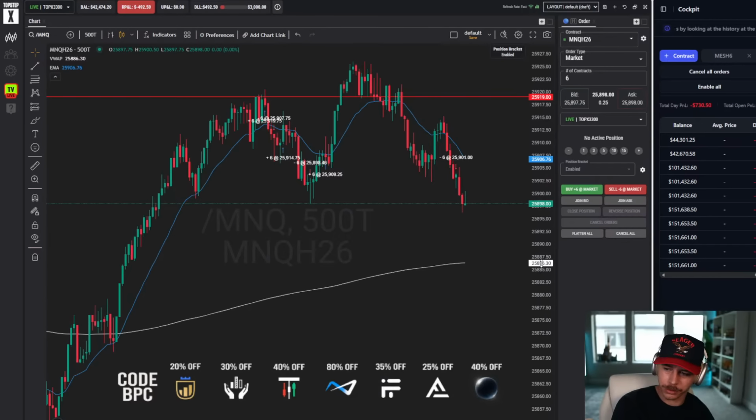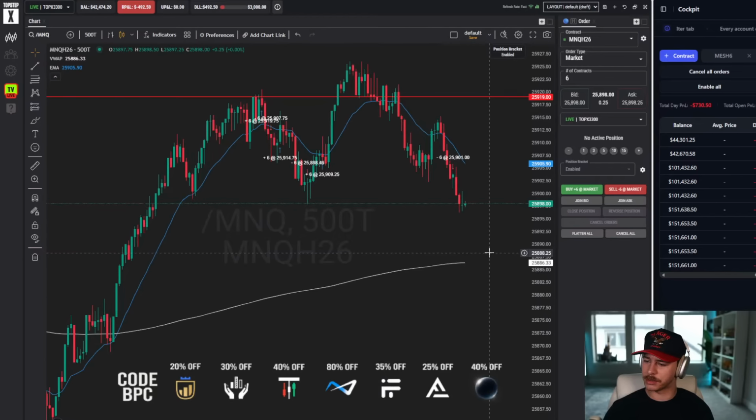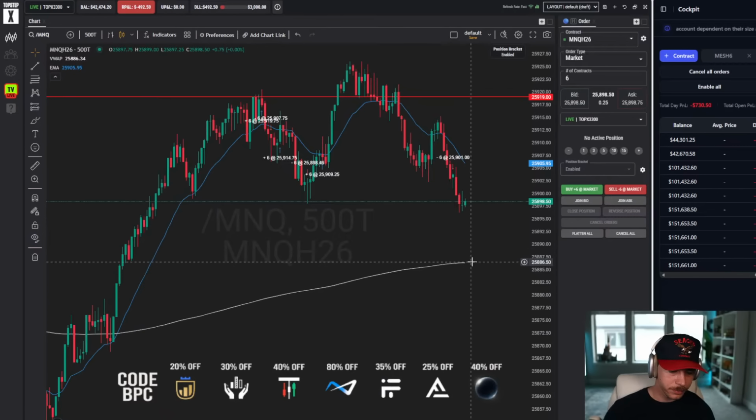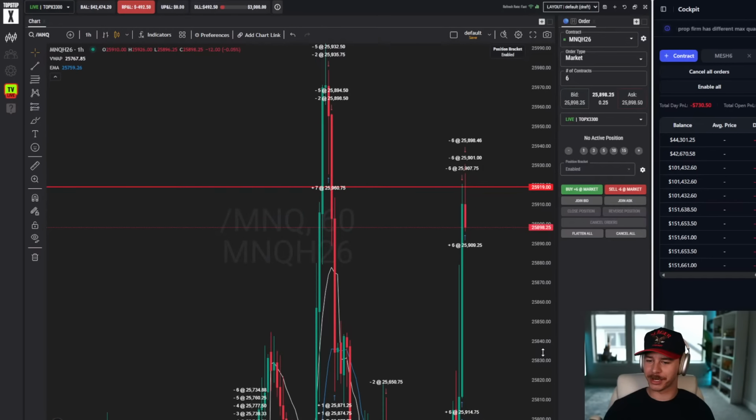I'm trying to think what I want to do. Maybe you get in one micro at a time. Every 10 points we dump, try to build a position off the lows, but this is not looking like my cup of tea here. Just short it? Fuck that. I'm not going to short it. Never. Y'all short it. I'm not going to short it.